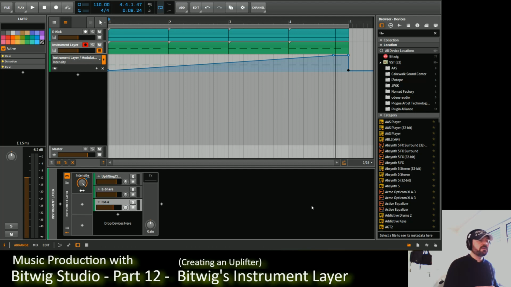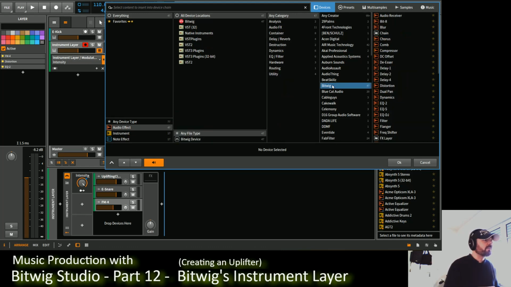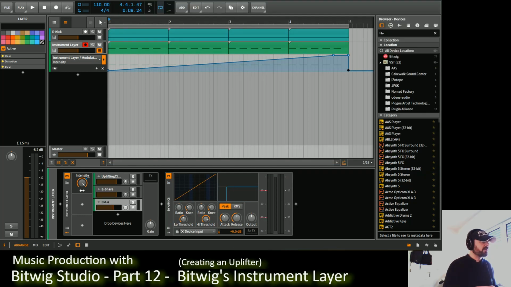And in order to do this, first of all, I will simply add dynamics controls. So I go to Bitwig, where is it? Dynamics. And first of all, I want to take off some of the lowest or softest elements